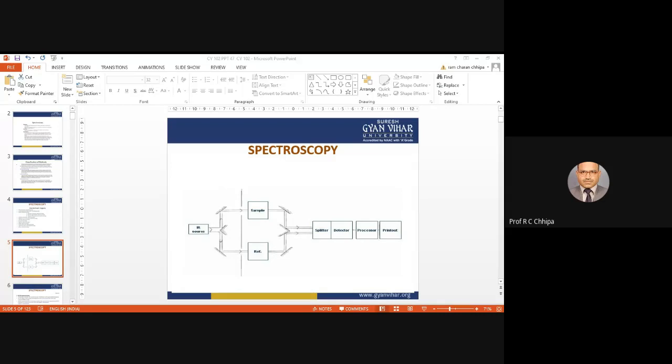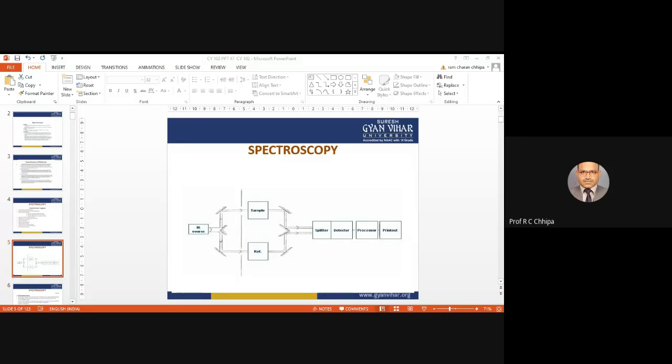So suppose we want to analyze the fluoride quantity in a water sample. If we are using chemicals, for one sample how much time will it take? 20 minutes, 30 minutes? Okay. And with the help of UV visible spectroscopy, we can get instant information about the fluoride present in a water sample, and that is more automatic.